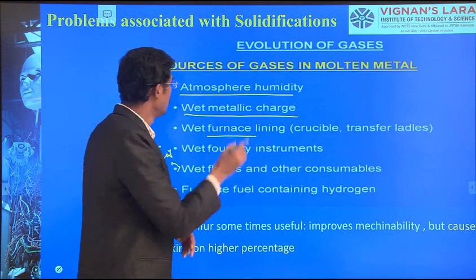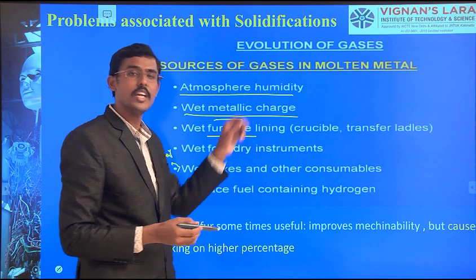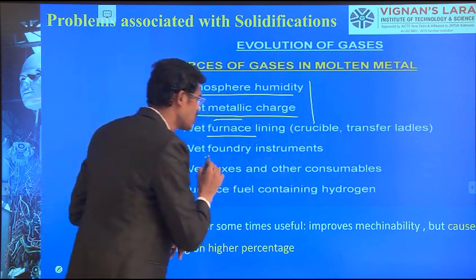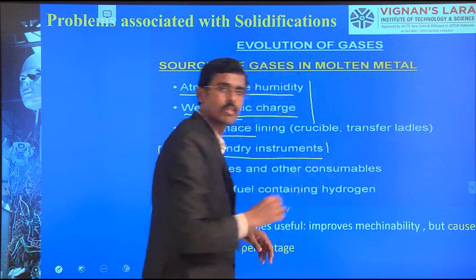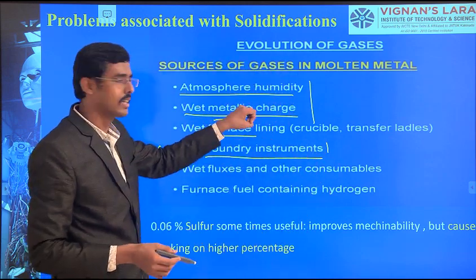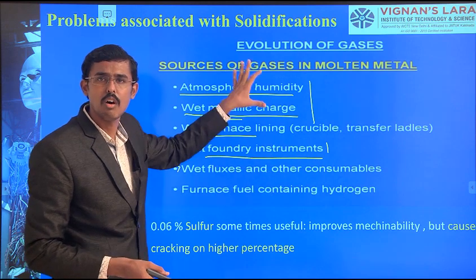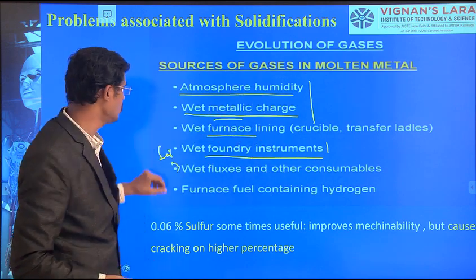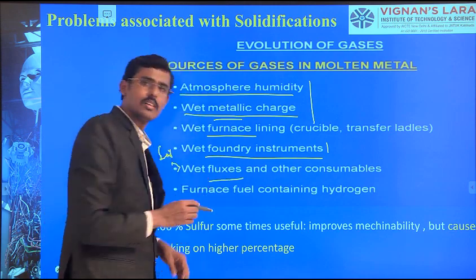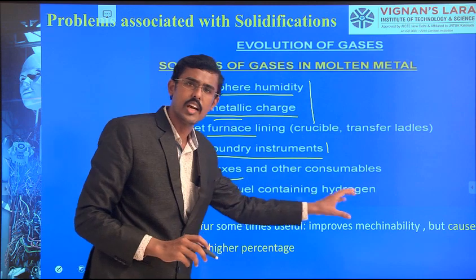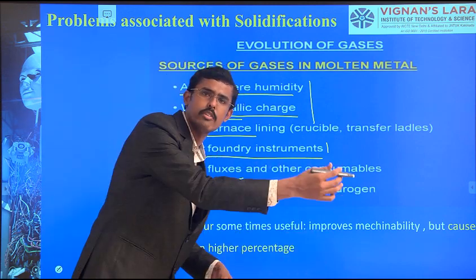Wet furnace, wet metal, wet humidity, all belong to environmental water conditions. Wet foundry instruments, the metals, the furnaces, the environment, the instruments we are using, the wet fluxes, the fuel coke, wet fluxes, and furnace fluids containing hydrogen all make possible the